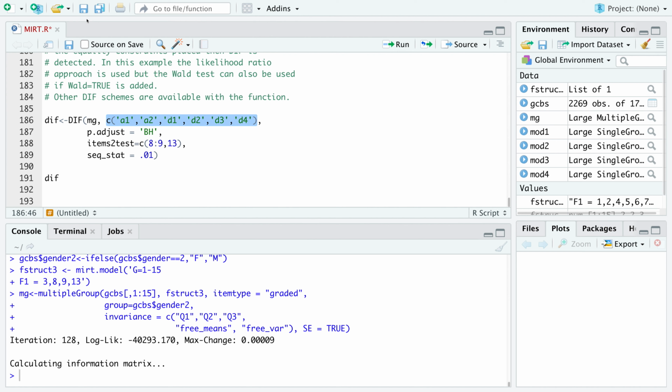Okay, so the next line is the p adjust. Because we're doing a lot of likelihood ratio tests, this is a way to mitigate any issues. This is called a multiplicity control, and it's specifically the Benjamini and Hochberg method. And this is optional to include. However, this right over here, items to test, I'm only testing items 8, 9, and 13